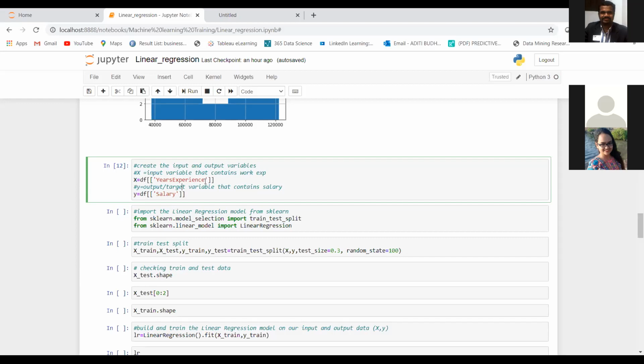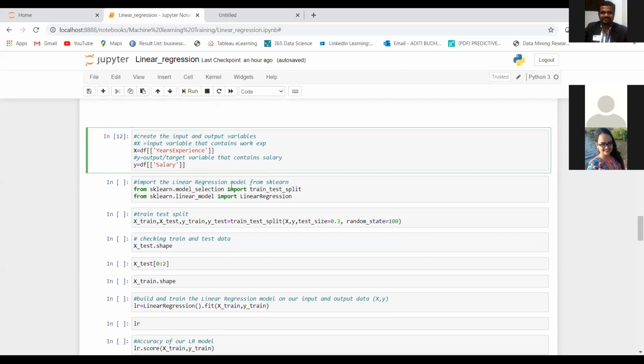If we had these two variables, we would have included those in our X data frame, right? So basically X is our input variable data frame. It will have all of the input variables, and Y is our output variable data frame, correct?